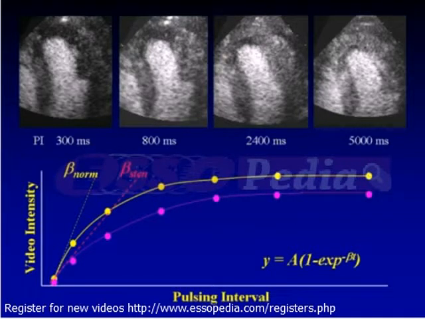The apex, which has reduced resting myocardial blood flow due to the presence of ruptured plaque and a critical stenosis, shows a slower replenishment rate of microbubbles, so there is less contrast enhancement of the apex at 300, 800, and 2400 milliseconds compared to the septum and lateral wall. Even at 5 seconds after the bubbles have been destroyed, there is still a perfusion defect in the subendocardial region